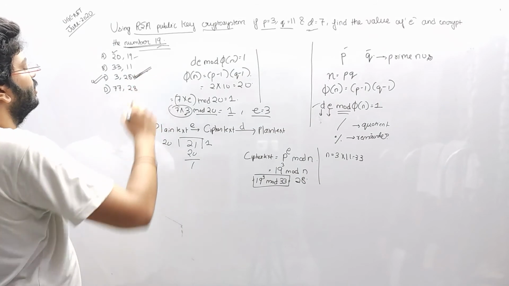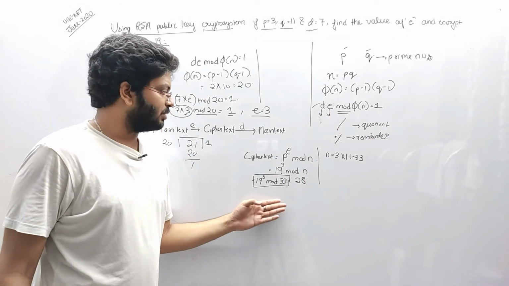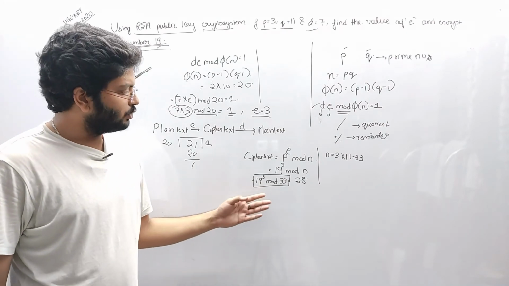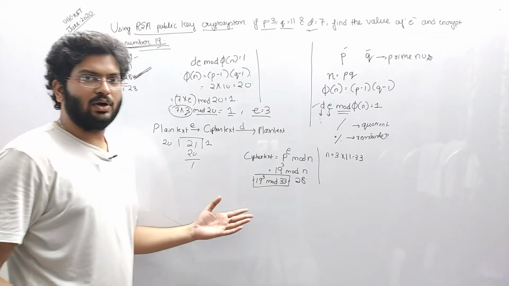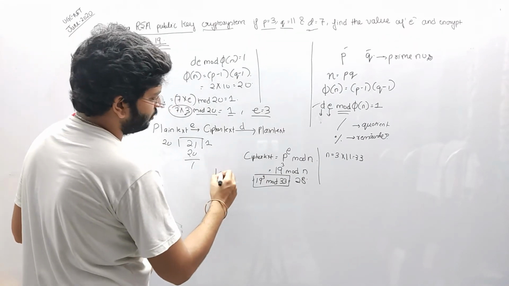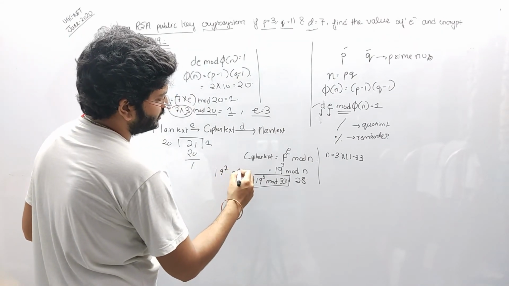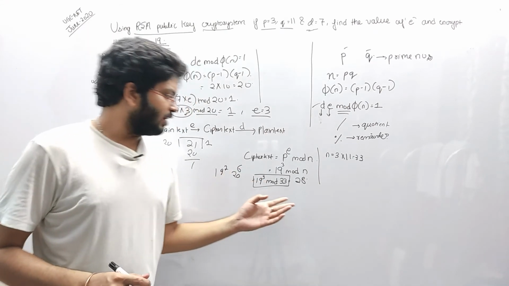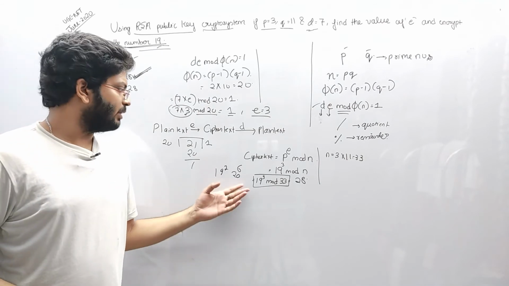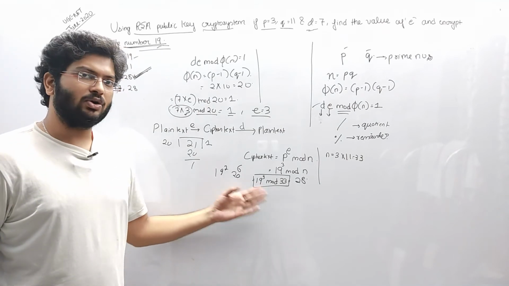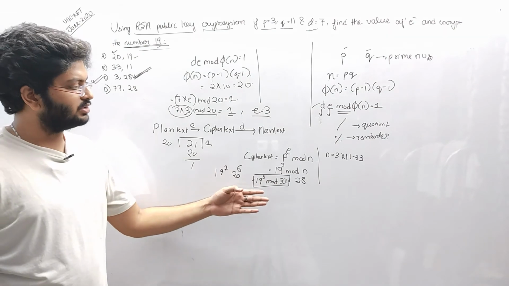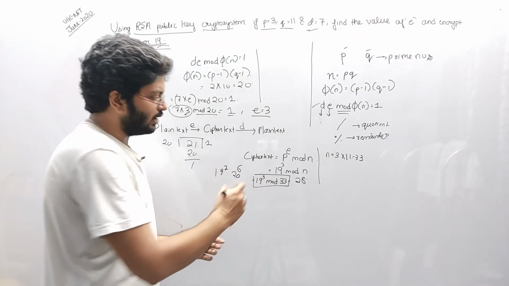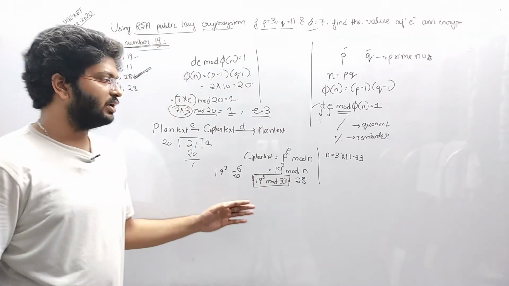That is this part. I'm not making the computation here because in the next video I'll be showing a shortcut on how to compute. 19 to the power 3 you can calculate manually, but sometimes we may get values such as 19 to the power 7 or 20 to the power 6. In such situations, if you go on multiplying, it will take a lot of time. So how to use a shortcut trick, and which theorem to use to calculate the modulus easily, I'll be showing in the next video.